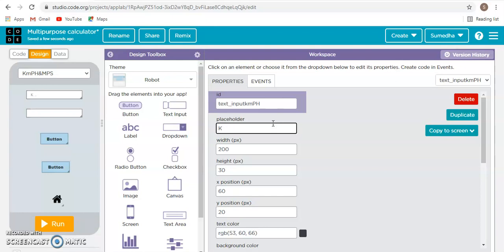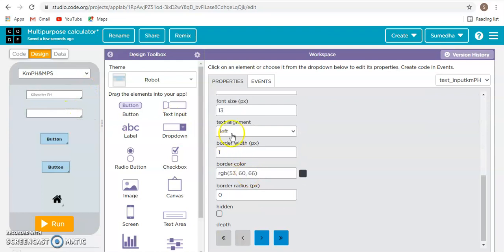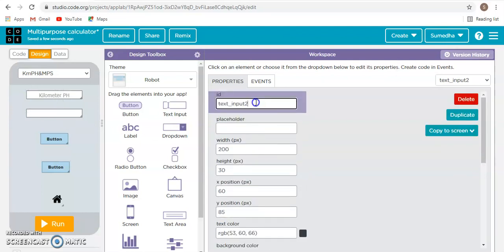Okay. We write kilometer PH and make it center, and font size should be 19. Yeah, this one should be